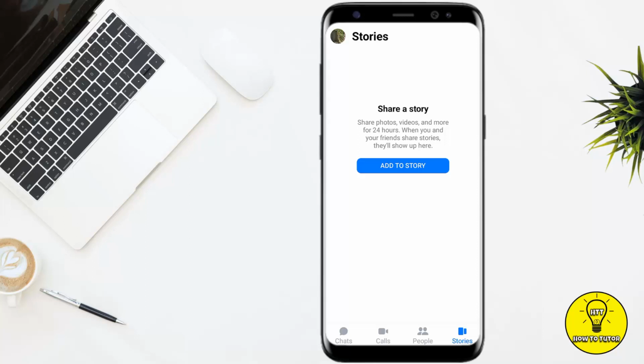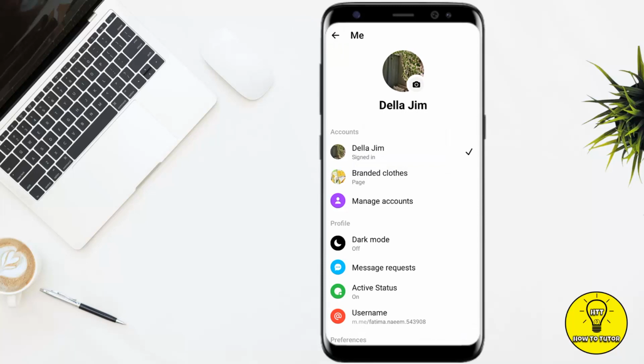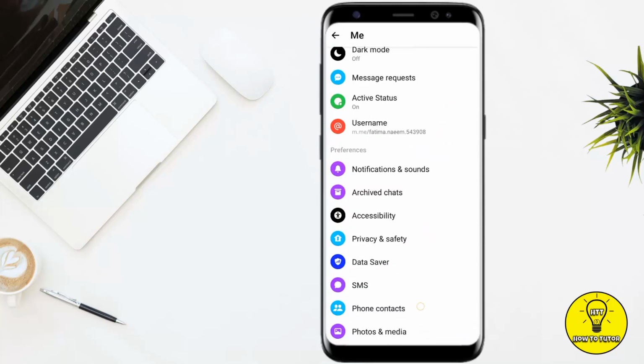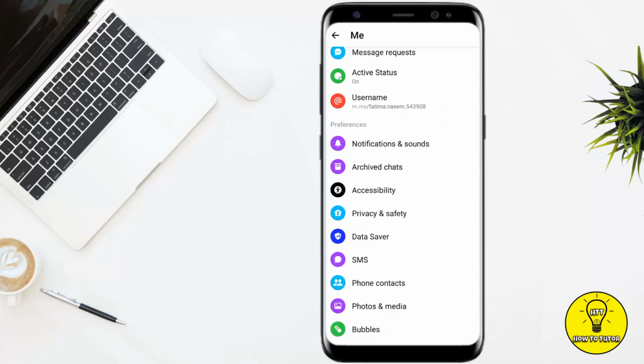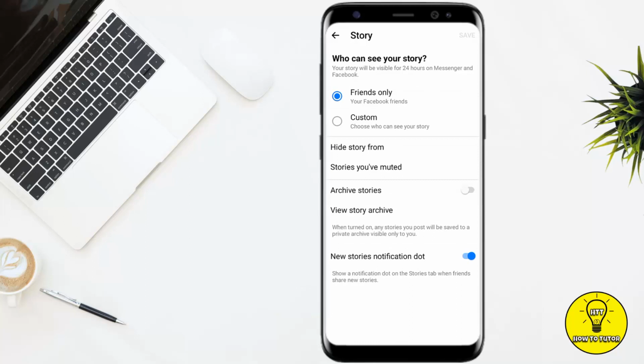The very first option is that you have to click on the profile icon at the top left corner of the screen and keep scrolling until you see the option of story. You simply have to go to privacy and safety. Then there you can see the option of story control at the bottom right corner of the screen. Click on it and you will be able to see who can see your story as well as hide it from certain people. You can just go through everything and hide your story, but we are interested in the